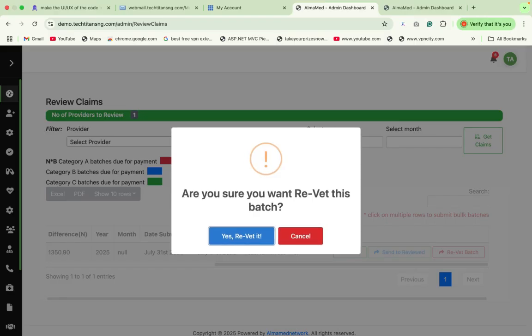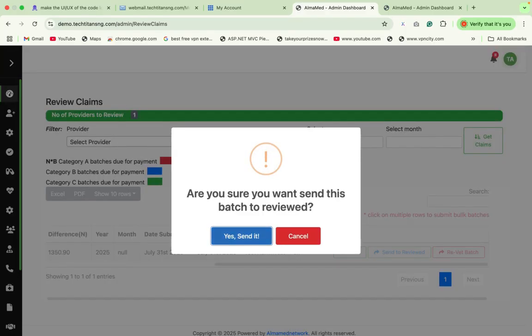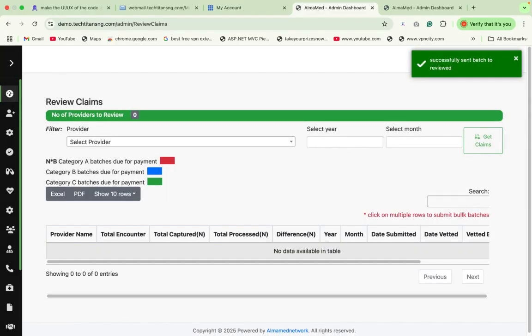If I click on revert, it will ask me a confirmation question if I want to revert it. If I click yes, it will send it back to vet. But in this case, I don't want to do that, so I will click cancel. Then I can come here to send to reviewed. So it has gone to reviewed now. Then I can now go to